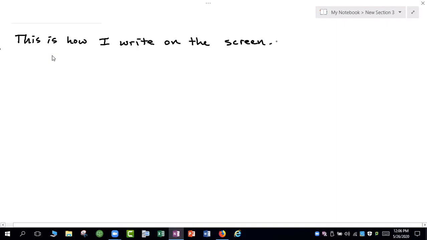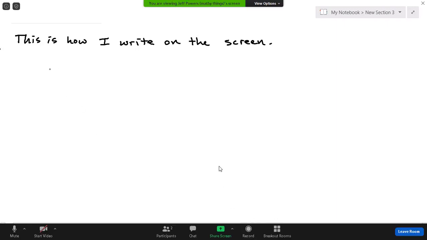And so from here, we can basically write however we need and go to a different page. We can go back and forth between our screens if I need to see it. The other thing is when you have your screen shared with me, I can annotate on the screen as well. So I could actually write on the screen and we could clear out those writings and write back and forth and things like that.